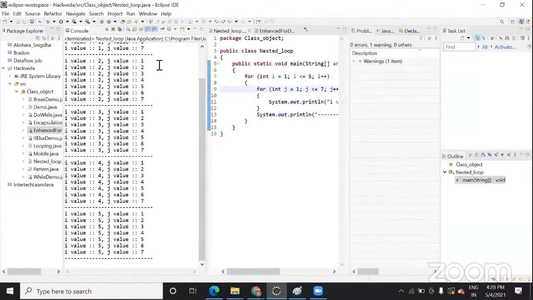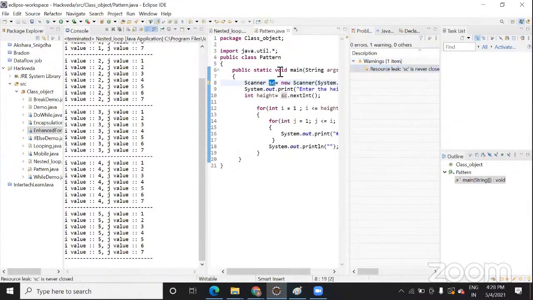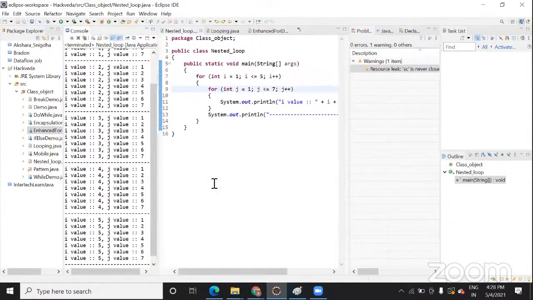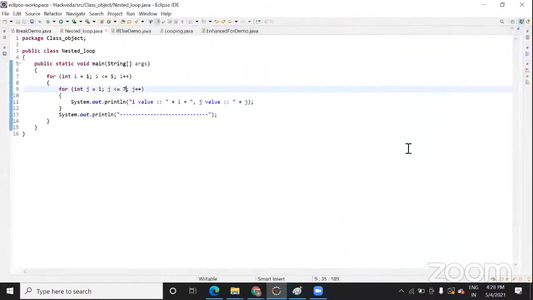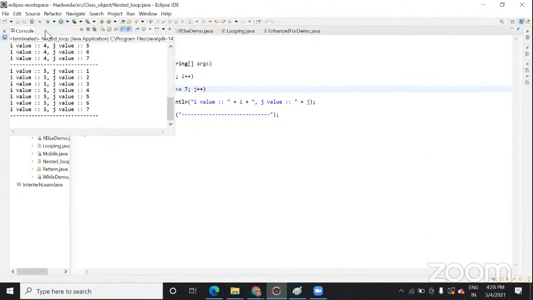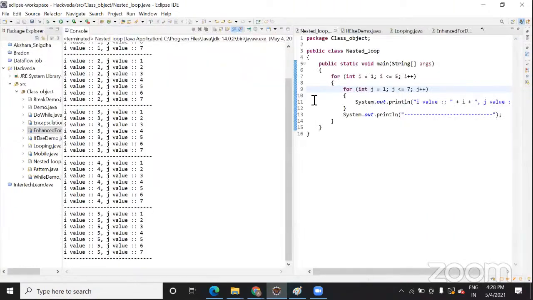So why is there a warning here? This is with respect to the other program in this pattern, not with respect to this program. Just give me a minute.